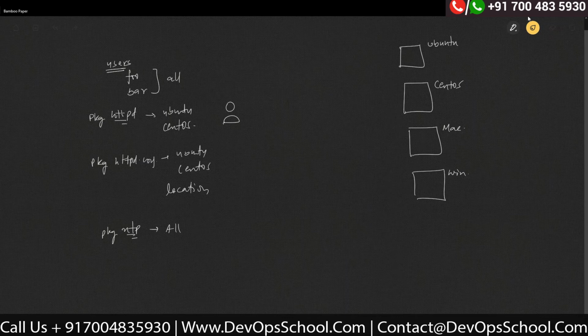Now, a configuration management solution works like this. You have a central server, right? You have a central server. When you use various tools, so for example, when you use Puppet, the server will be called something else. When you use Ansible, it's called something else. When you use Chef, it's called something else. But always there is a central server,